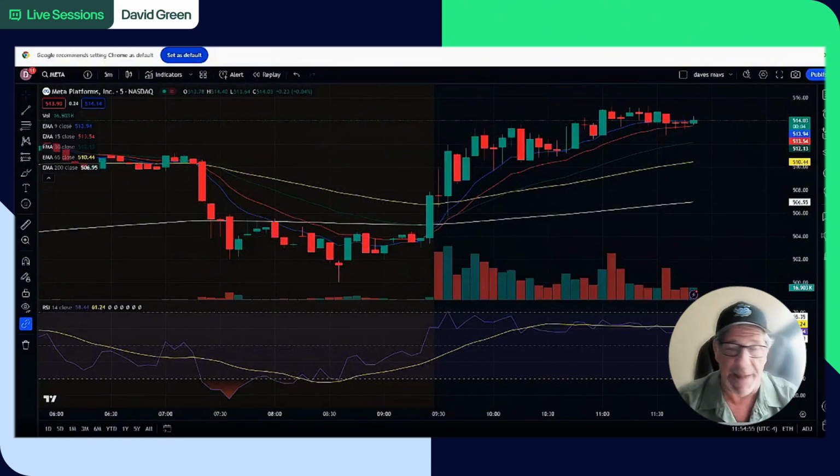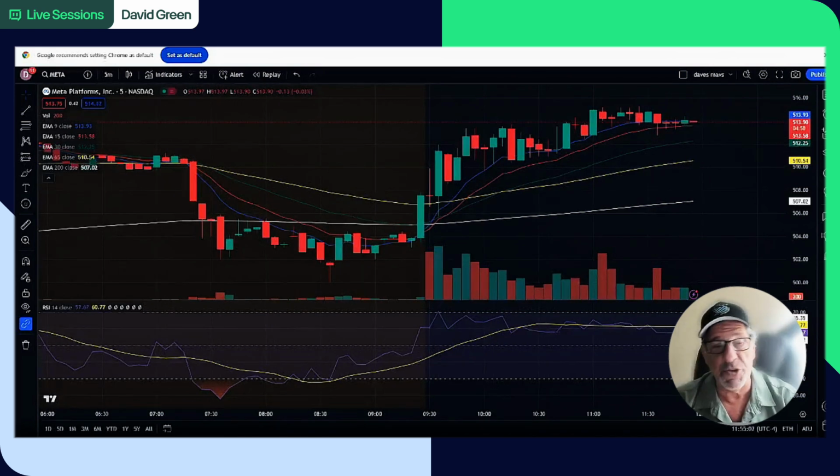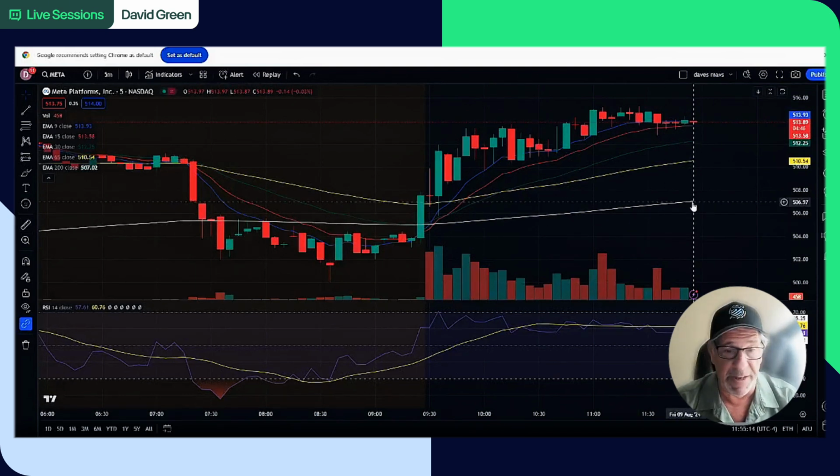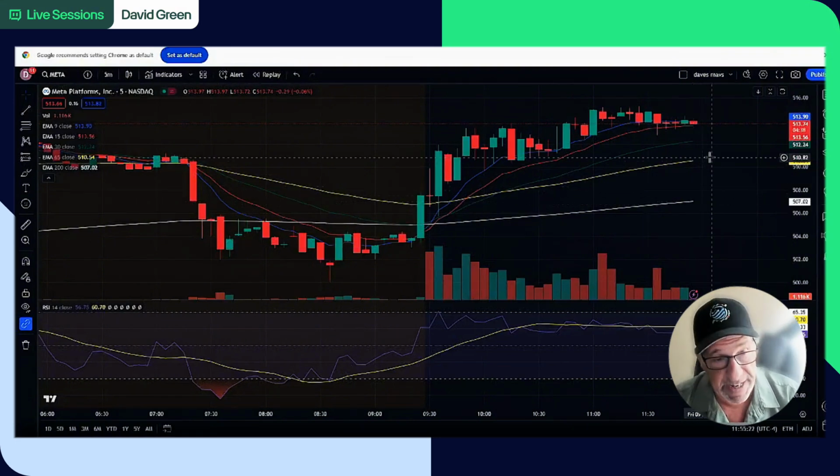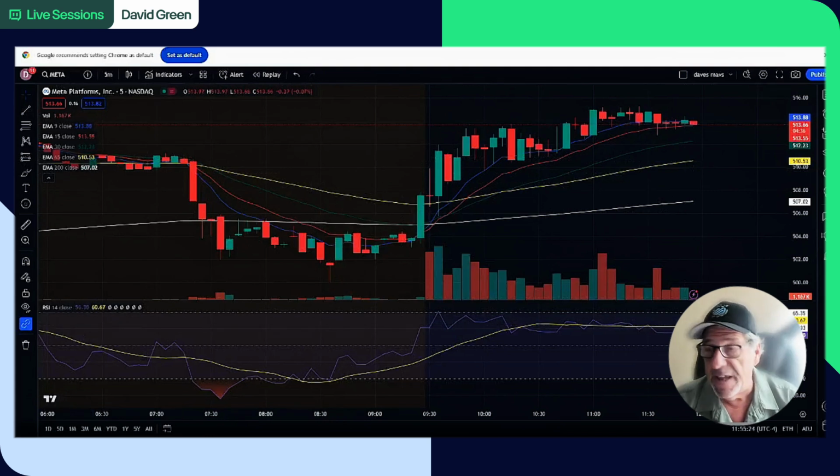But very rarely are we going to get the exact spot. So we base our stop orders on the ATR. The ATR is the average true range of a stock. Say in Meta, it's probably around $1 or $1.50. So if I get into this trade, I'm going to use the average true range to put my stop order. If it goes below that by that average true range, whether it's $1 or $1.50, I'm out of the trade. It didn't work. I might look again to see if it holds that level and try it again, do it the same way, okay?